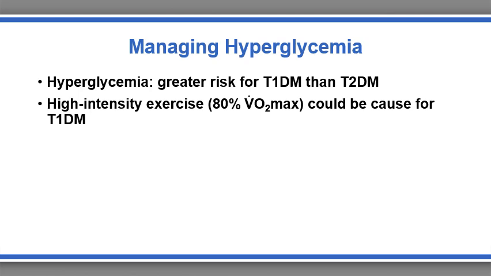So the combination of a high blood glucose and high intensity exercise could really create a very urgent health situation. High intensity anaerobic exercise is going to many times be the cause of the dramatic exercise induced hyperglycemia, and run the risk of an exercise-induced ketoacidosis, so that's something that you do want to be mindful of. So for athletes with diabetes, if they do high intensity exercise performed until failure, many times that